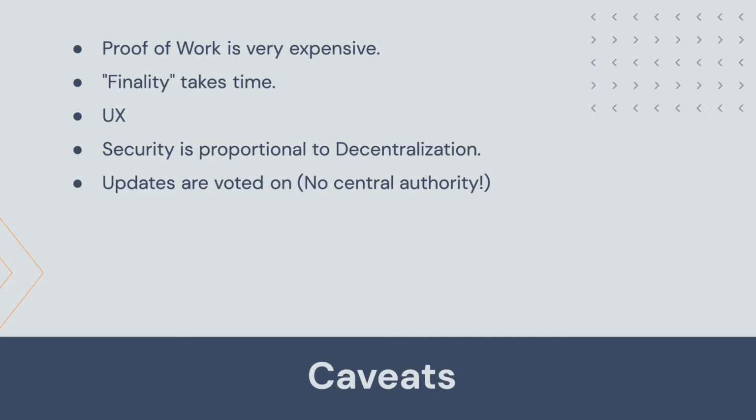Number two, finality takes time because this is a distributed network, so it can take up to 15 seconds for your transaction to be added to a block. And even then, the network can decide to reorganize the blocks and instead accept your transaction in another block, just because another peer validated a block before you. And so a transaction is not really done until several minutes after it was made.